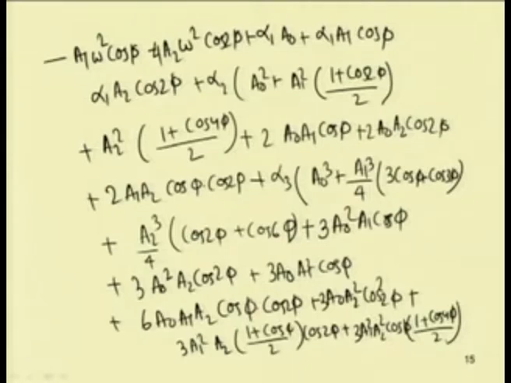So, here one can substitute. So, already I told you. So, for cos square theta one can substitute cos square phi equal to (1 plus cos 2 phi) by 2. Similarly, cos 3 phi can be substituted by 4 cos cube phi minus 3 cos phi. So, we can substitute this formula, that means cos square phi equal to half (1 plus cos 2 phi).